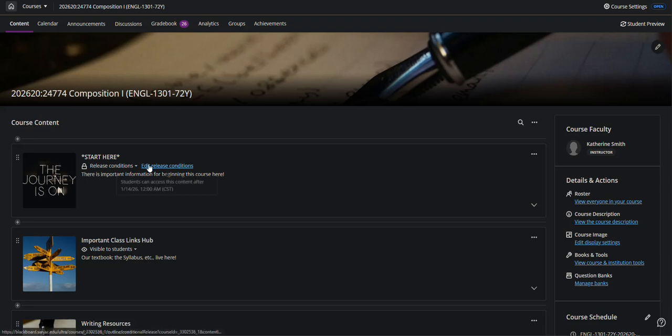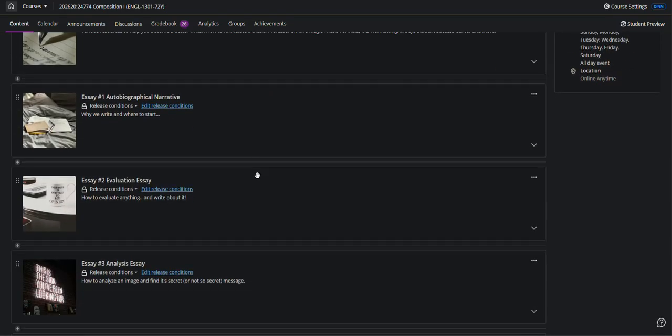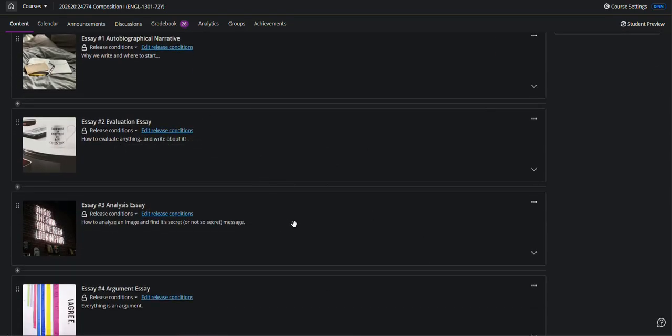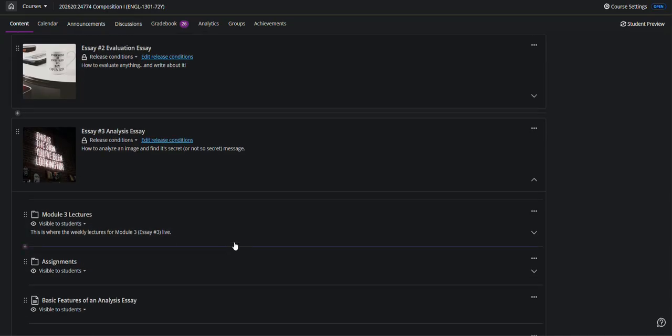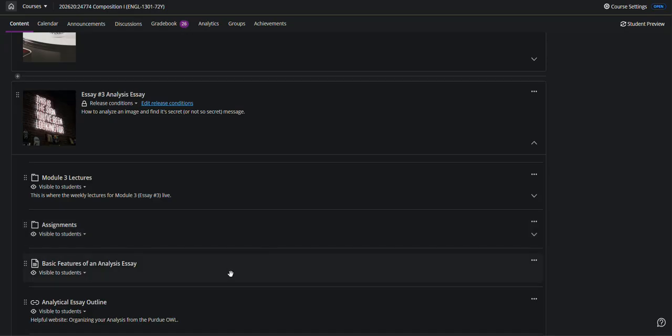We are in week 7 and we are moving on to module 3. So this week we will start essay number 3, the analysis essay. So far we have done an autobiographical narrative, which was a story about yourself, and the evaluation essay, which was an evaluation of a parenting method based on the articles that we had about different parenting methods. This time we are starting what some people have described as perhaps the most challenging assignment, which is